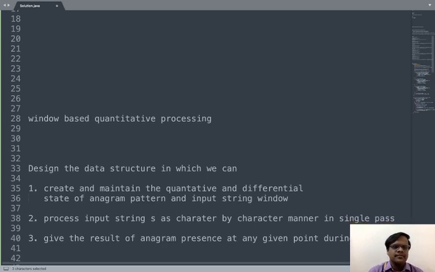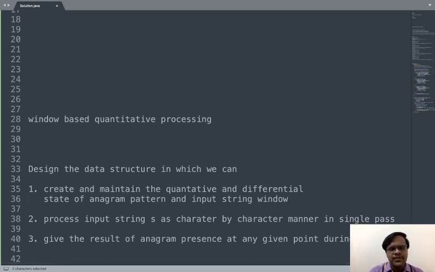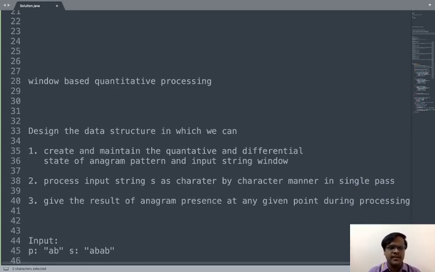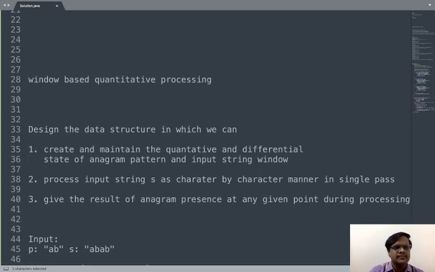So we need a data structure like that. We can have one map in which we persist the anagram characters and their counts, and one set for differential capture: if the character count in the anagram pattern and in the window is the same, that is, matching, we capture it inside the set.